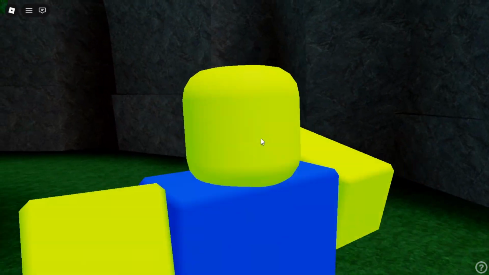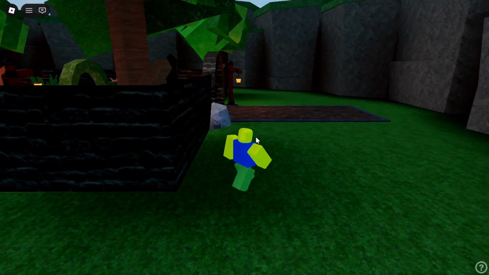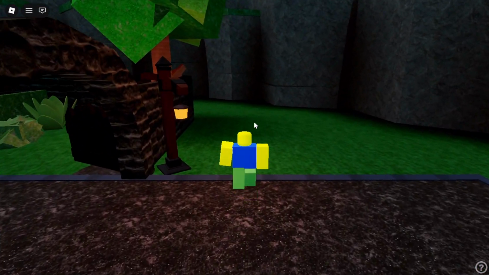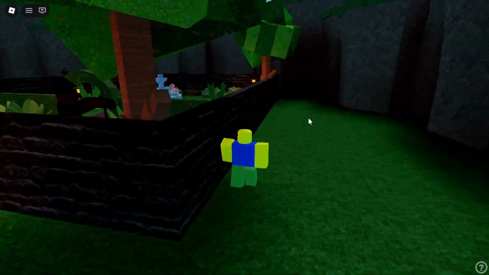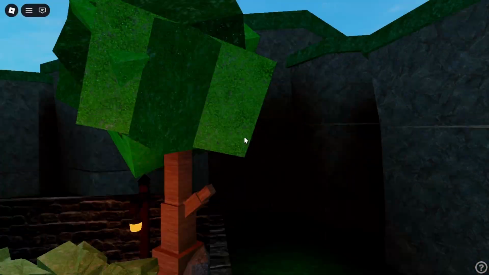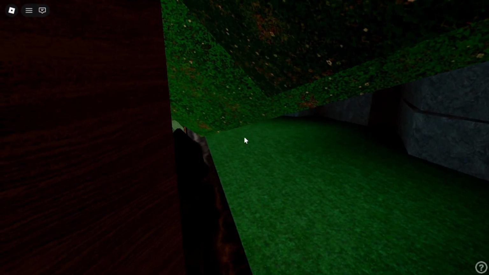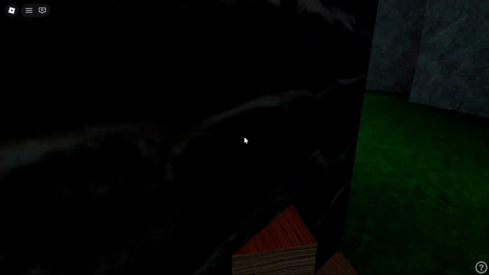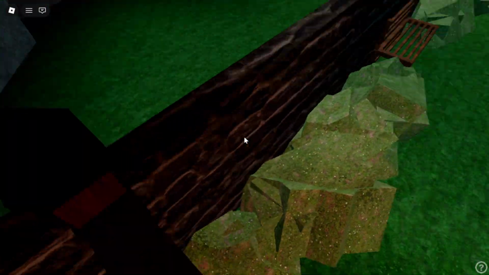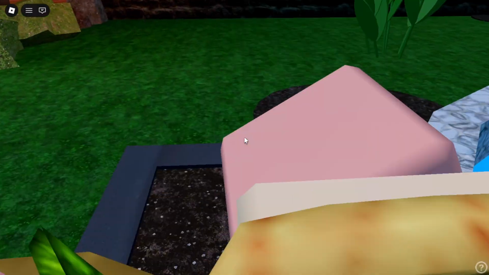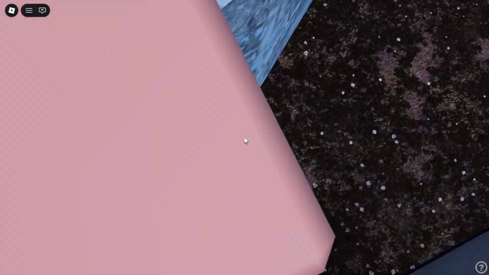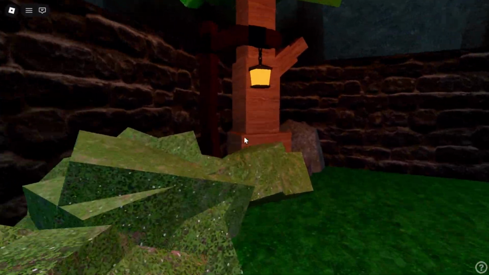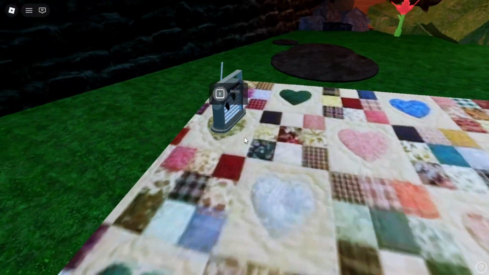You're stuck also. Oh, I can run, thank God. Dude, I love when games give you the ability to run. You don't have to just walk around so slow. I can actually run. It's such a small thing, but it makes such a big difference, dude. Anyway, this is really weird. Are you okay? Let me give you help there. I guess that's Peach.